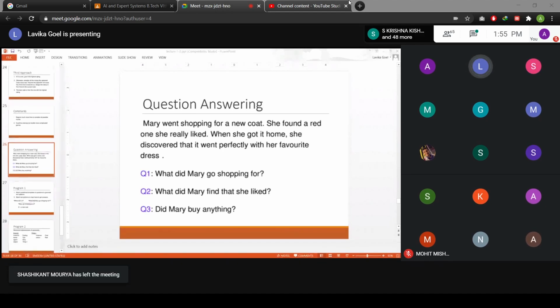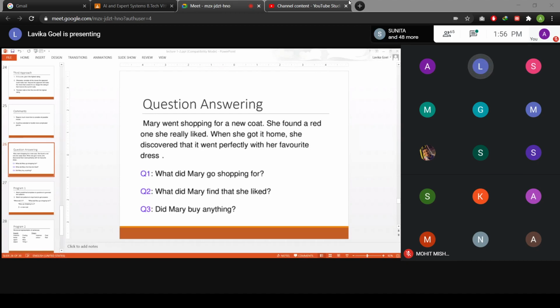And one more thing, here you have written she found a red one, right? But the question is, what did Mary find? So it should be clear that she represents Mary. So in the question template, Mary should be replaced by she, or in the input text, you should be able to replace she by Mary. Then only you can match the question and the input text sentence, and then only you can extract the answer, right? So if you have an exact question template for that particular question, then you can extract the answer from that particular story or the input text. Otherwise, it is very difficult to answer this second question.